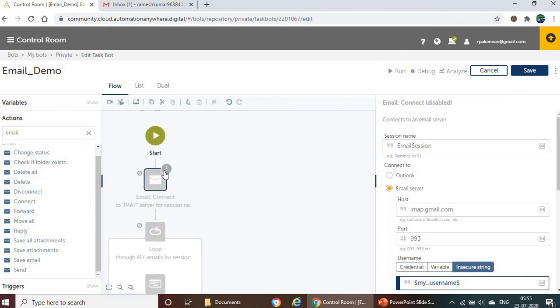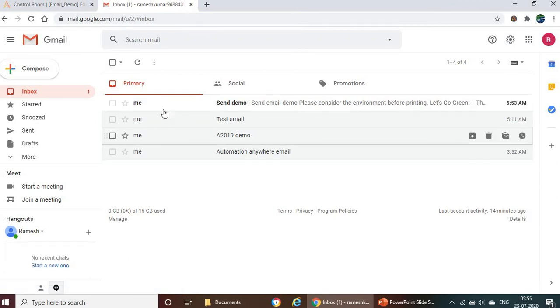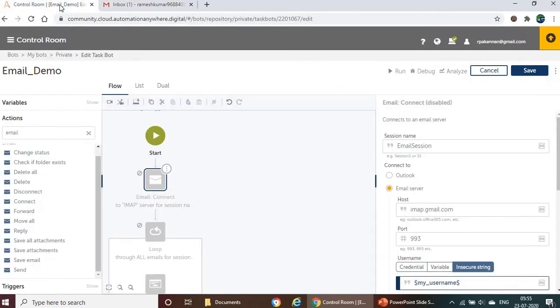In order to forward or reply or delete the emails, you need to use the loop function. Within the loop function only, you can apply the forward or reply or any other things. Only the send command you can use individually. But for the forward or reply, you need to use within this loop function. In the loop action, basically, it will validate from 1 to 4. Currently we have only 4 iterations. So it will iterate the inbox. At that time you can apply the conditions. So based on the condition, it can work.